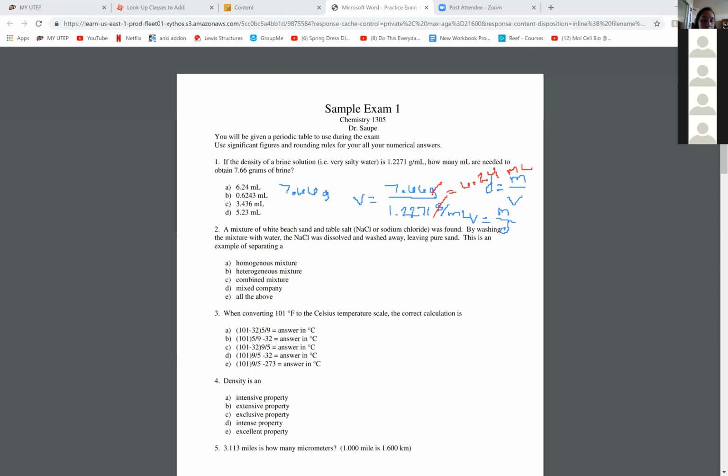Okay, so we have a mixture of white beach sand and table salt, which is NaCl. By washing the mixture with water, the NaCl was dissolved and washed away, leaving pure sand. This is an example of separating a